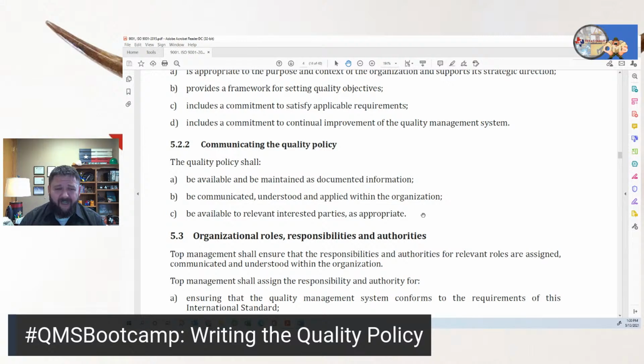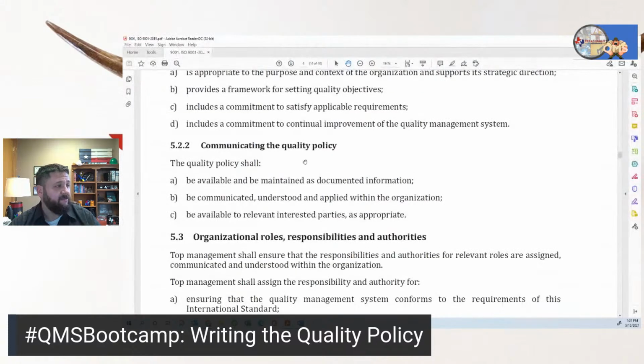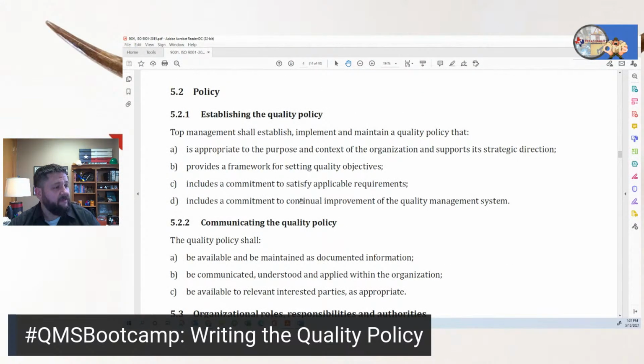And then me, as an auditor, what I'm going to do when I come in is I'm just going to walk up to a guy, shake their hand, ask them what they're doing, and I'm going to ask them, how does your job support the quality policy? I don't ever ask them what the policy is because I really don't expect people to memorize it verbatim. But if I ask them, how does your job relate to the quality policy? Oh, well, now I can start looking for language as he talks to see if that language lines up with what we've got written here. And if that is the case, well, then let me tell you real quick, that quality policy is now well understood and very well applied within our organization.